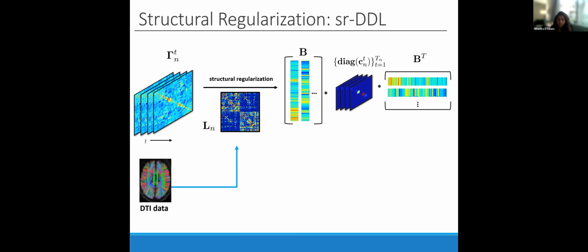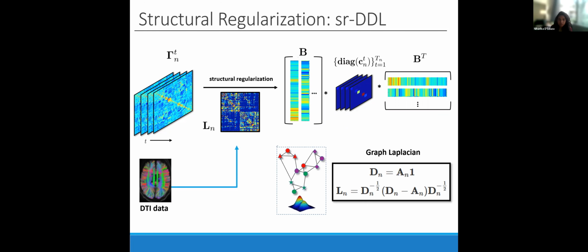Therefore, we would like to use this to guide our decomposition. We model the interplay via a structural graph regularization based on the graph Laplacian operator. And mathematically, the Laplacian is calculated by a scaled difference between the degree matrix and the adjacency matrix that we